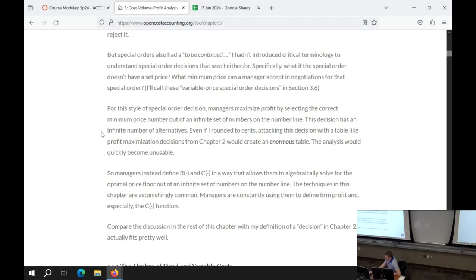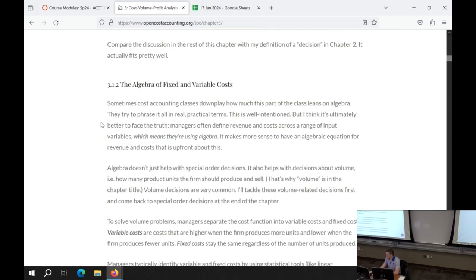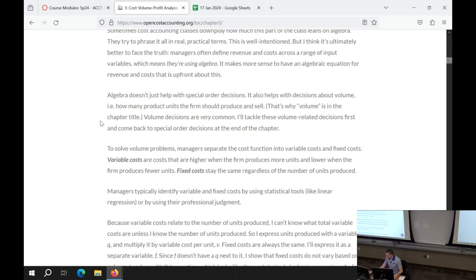Now, when we look at Chapter 3 here, we're going to say, well, actually, there are other decisions we can make. We can have a decision where we have to choose a value within a range of values, and the mathy part of me says, once you have a range of values, assuming a continuous function across that value, there are infinite different points you could pick. So we can't create a table, like we did in Chapter 2, without it crashing the system, since it would have an infinite number of columns. So we're going to use some algebra here, and we'll get some terms along the way, which are a review for you, I'm sure. That's why in the textbook we use algebra to solve for these continuous variables that are across ranges.